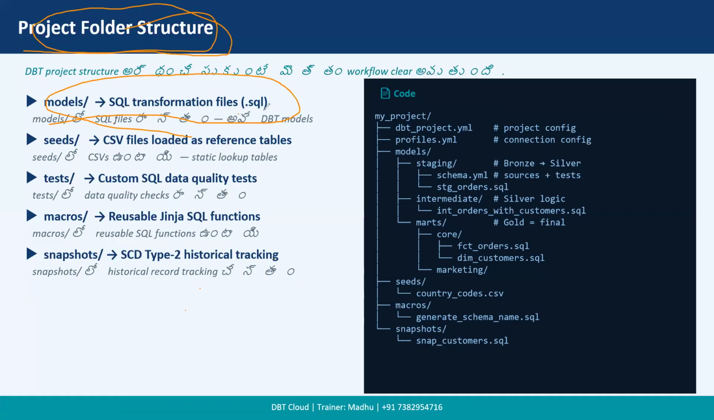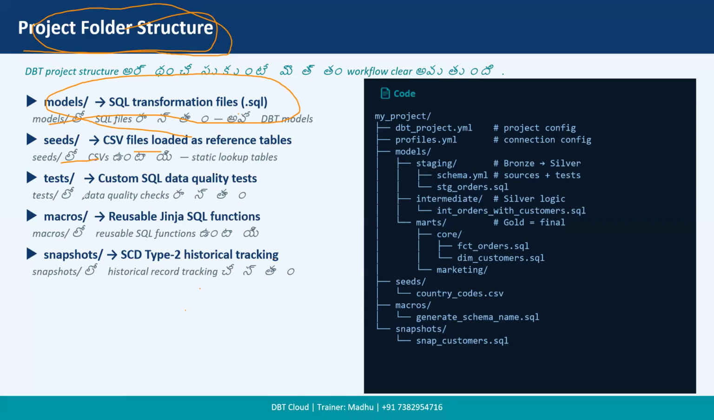For every model we need to give a file name: the product model, product.sql, the order model, order.sql, the customer model, customer.sql, and suppose a sales summary model, sales_summary.sql. So every dbt project has this standard folder structure. The models folder has your SQL transformation files. Seeds has CSV files. And tests has custom SQL tests,